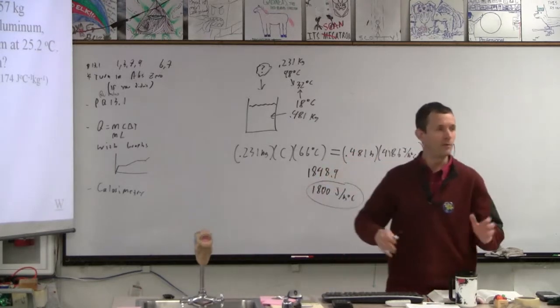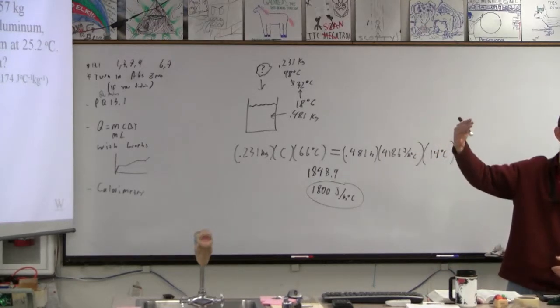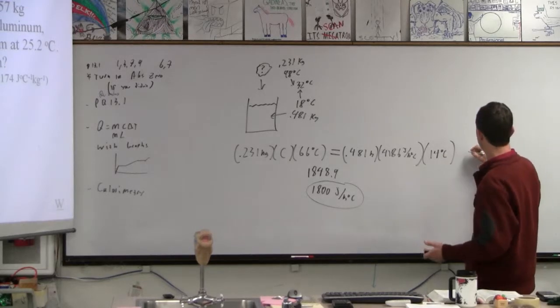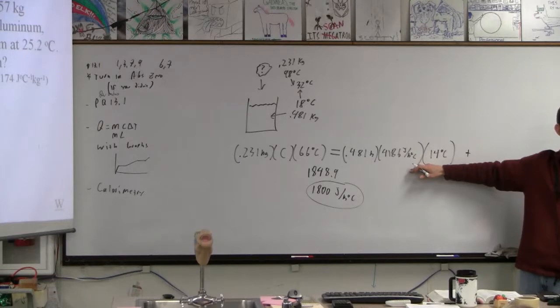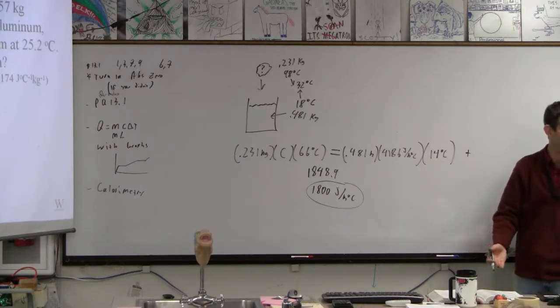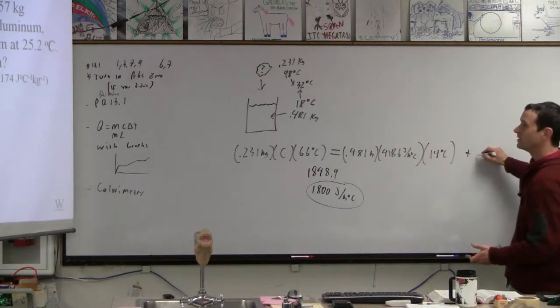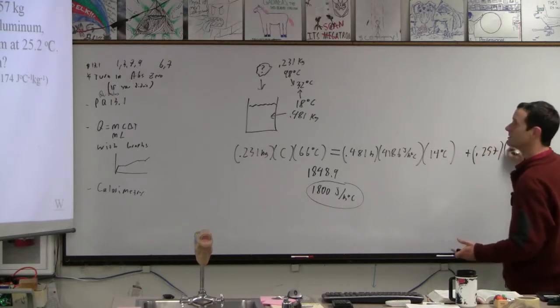Sometimes they'll give you a problem where you can't ignore the mass of the calorimeter cup, especially since they give you the specific heat of it. Almost always it's the right side, the heat gained, that has more than one thing. You rarely throw 2 different unknown metals into the thing. So on this side we would add 0.257 times 900 for aluminum,